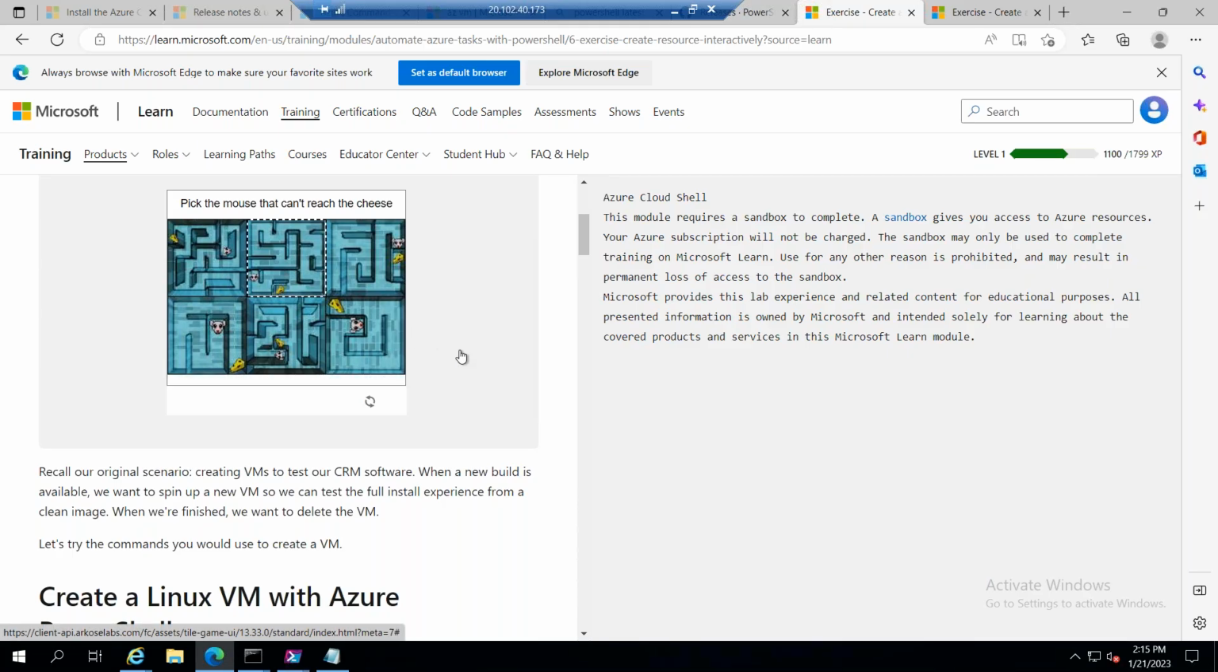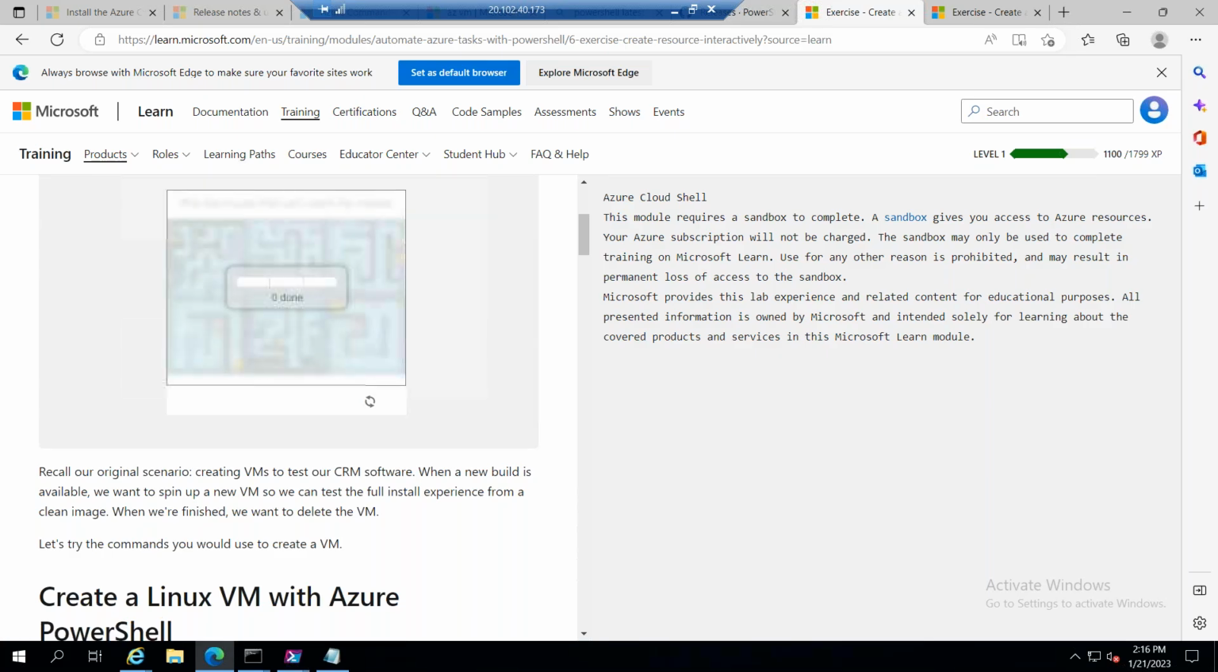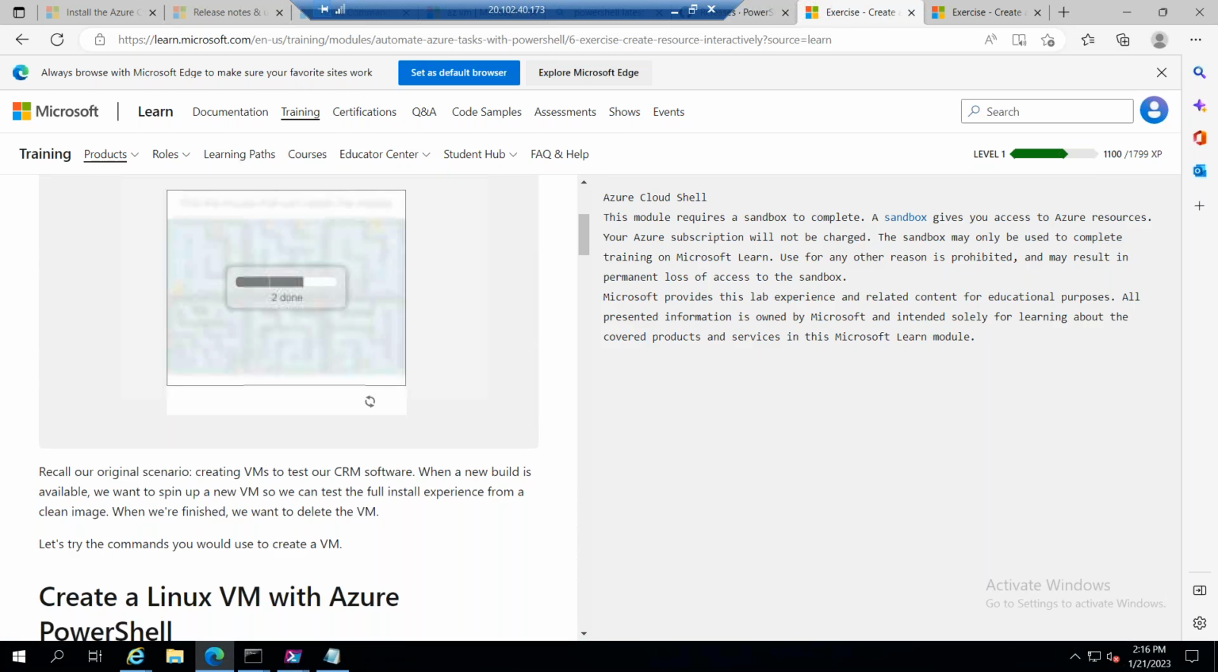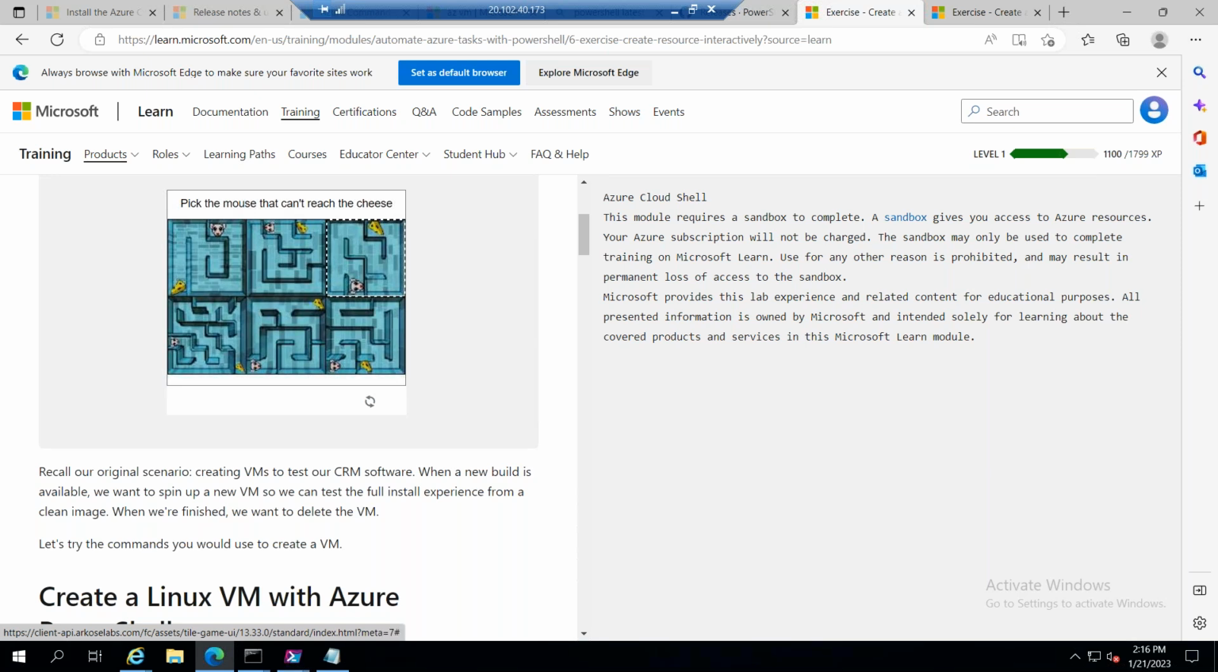Okay, mouse and cheese. This one can reach. This one also can reach. I think this is the one answer. Yeah. Oh, one more. Pick the mouse that can't reach the cheese. This is the one. Pick the mouse that can't reach